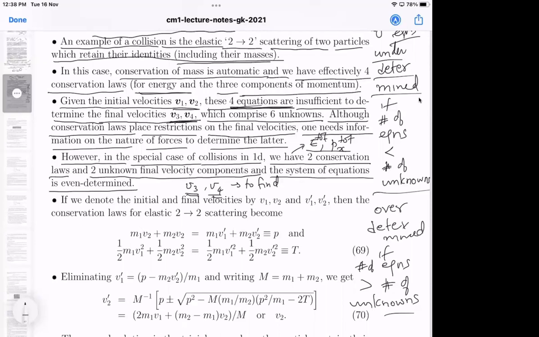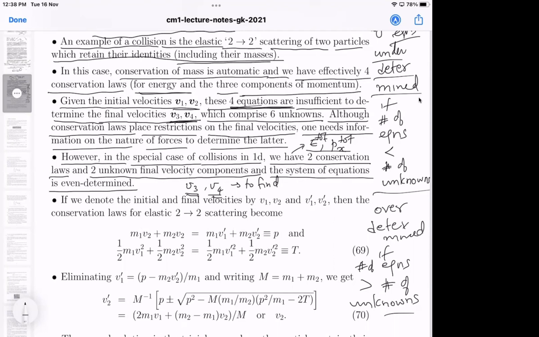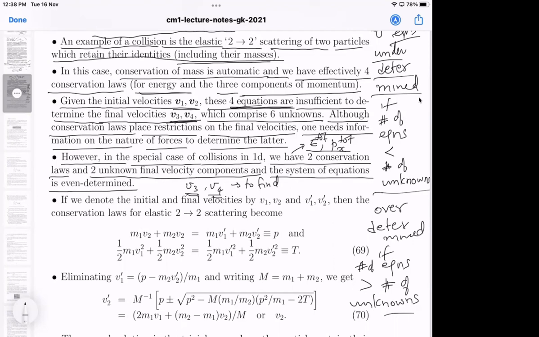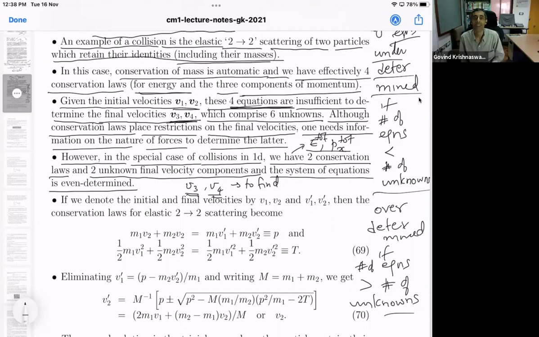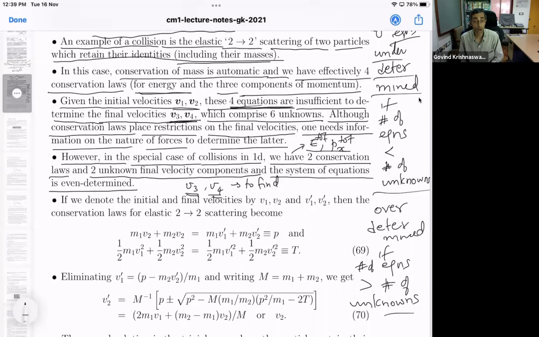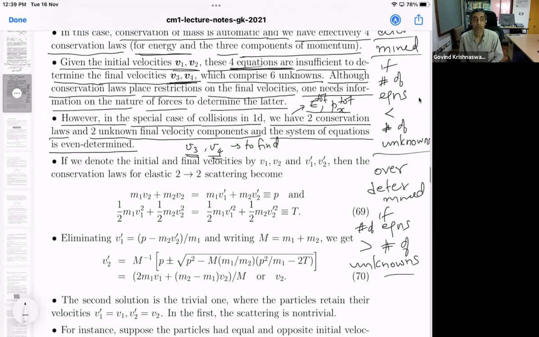Okay, sir. I thought some deep reasoning would be there, that we can see from the equations that they are growing somewhere. I don't think at this stage I would like to suggest any deeper reasoning. The counting is as simple as that. If there is some deeper idea that I would like to suggest, perhaps it will be somewhere else. These conservation laws by themselves are not sufficient. You need additional information concerning forces or other conservation laws which you may somehow determine.